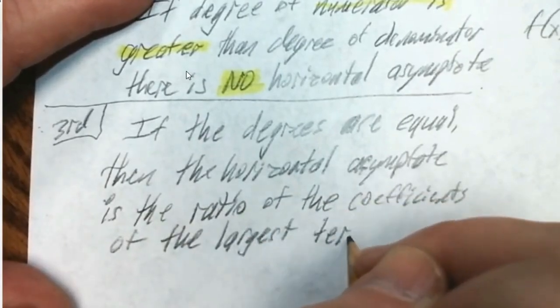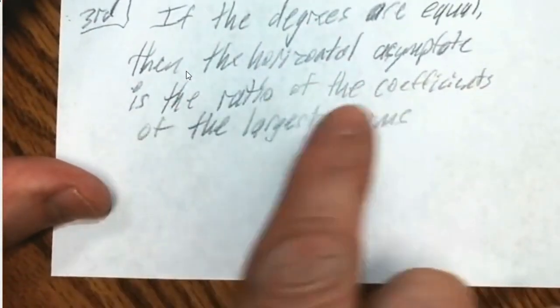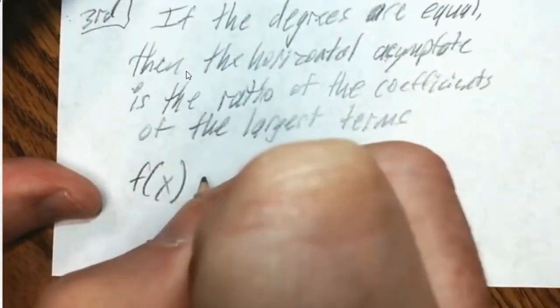So we're definitely going to write down an example of this. So if the degrees are equal, then the horizontal asymptote is the ratio of the coefficients of the largest terms. And what we're saying is if we have,